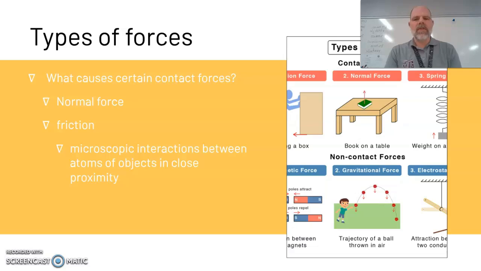Friction force can be thought of as a microscopic interaction between atoms of objects in close proximity. The forces that exist between objects as they are interacting with each other is that friction force. It's made up of repulsive electrostatic forces. If you think about the atomic level, we've got these electrons in their outer shells that are part of two things. You have the electrons in your hand and the electrons in your other hand, and as they come close together, they're repulsing each other. Those forces repulsing each other are part of what causes friction.